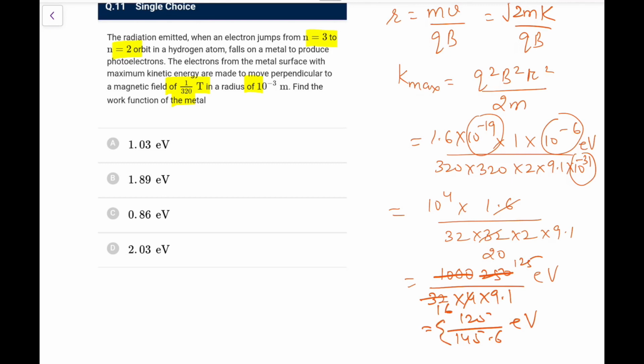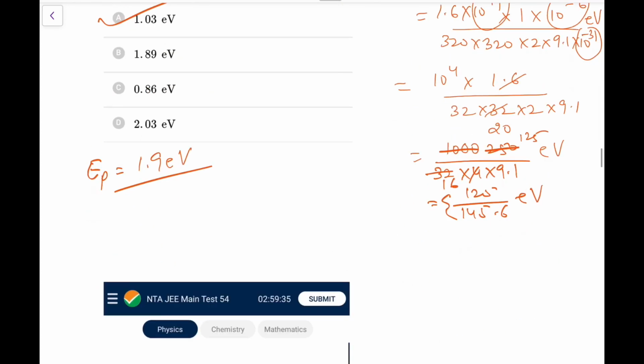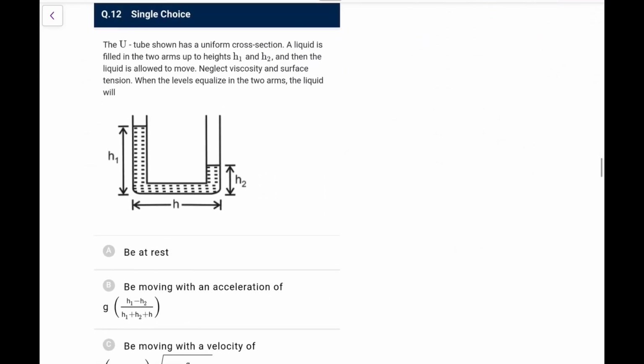First calculate the value for 3 to 2. So the energy of the photon for 3 to 2: we know the energies are 3.4 and 1.5, so that is 1.9 eV. So that was 1.9 eV, and this is approximately coming out as 0.8 something. So 1.0 something is the most appropriate option. I can take that. Okay, no need to do the finer calculation.